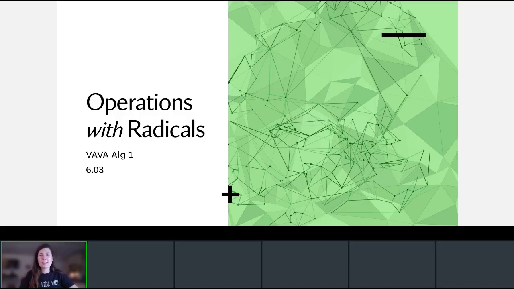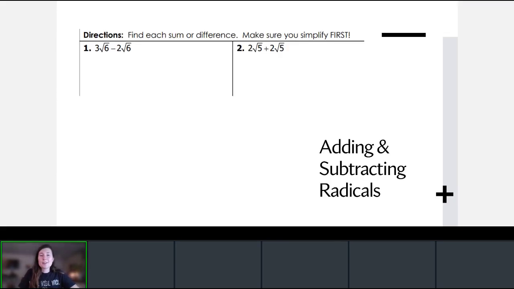Welcome to our video lesson over operations with radicals. Before going through this video and learning this skill, you definitely need to be sure that you are familiar and comfortable with simplifying radicals, which we covered in the previous two sections. Let's get started. The operations are, of course, adding, subtracting, multiplying, and dividing, and this video will focus on those